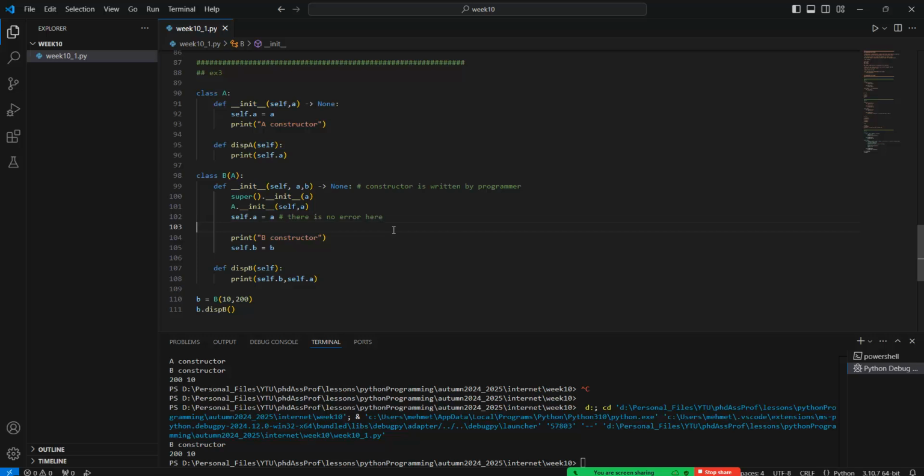Okay, Mustafa, do you understand right now? The self.A is inherited to the B, and so there is no error in here, just like this one. But we cannot call the init function in here. If we want to create or call the init function, we need to call these parameters, either this one or this one. But just remember that if we have the super function in here, we only give the parameters of A, just like this one. But if we call A.init, because A is the general name, we need to also give the self body in here. Okay,